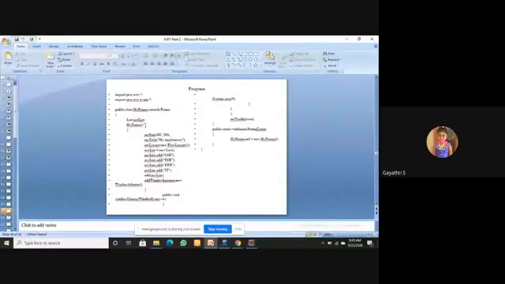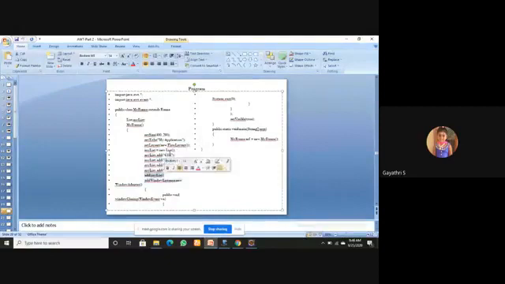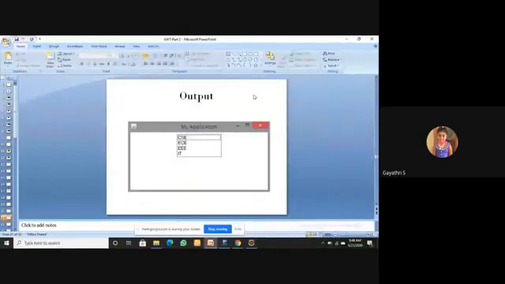Next is a simple program. Here is very simple code, empty, the first method, new list. This is the way of creating this list, and add 4 values to the list. Finally, you are adding your list to the frame. The remaining part is as usual, and this is your output.